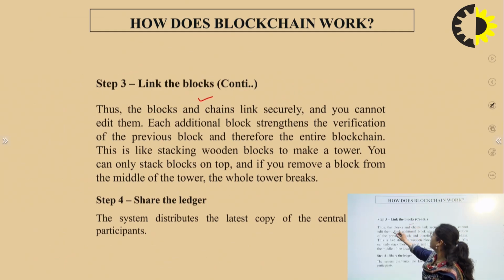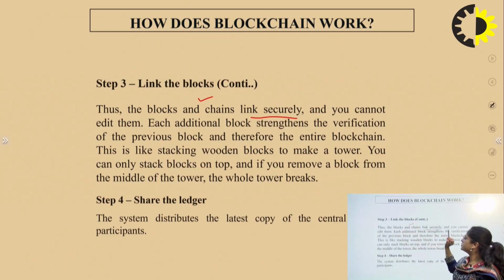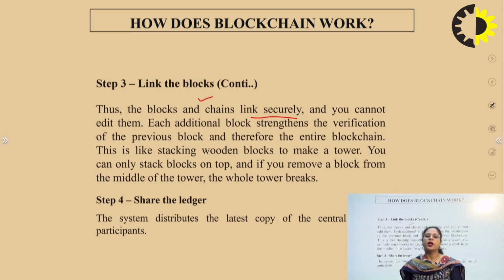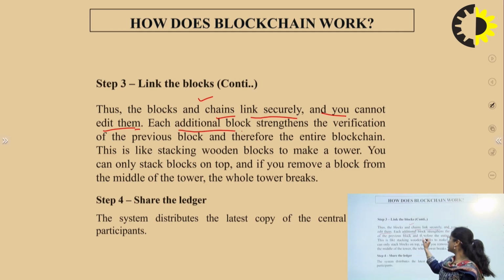Linking the blocks, the blocks and chains link securely. So if the hash value changes, we know that the data has been tampered with. So we get more security here, and you cannot edit them. With the feature of immutability, we cannot edit the ledger, we cannot update or modify that ledger. Each additional block strengthens the verification of the previous block, and therefore the entire blockchain,